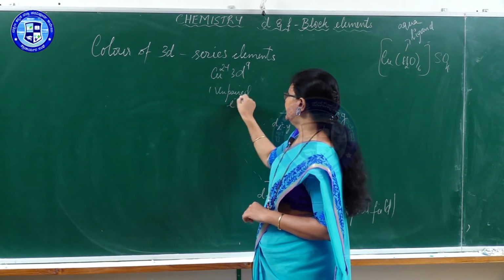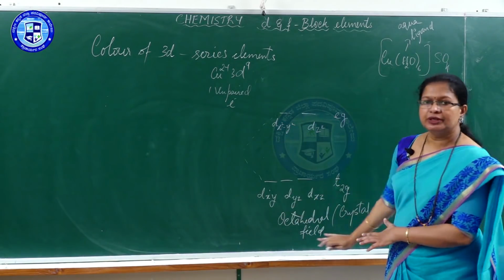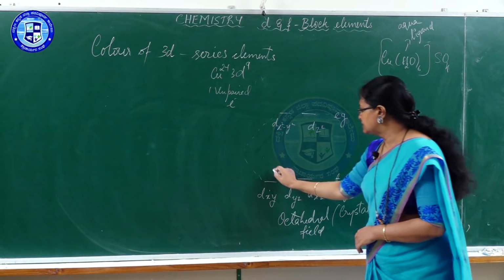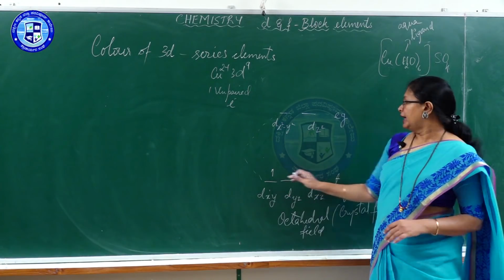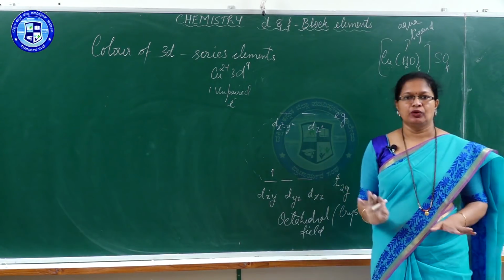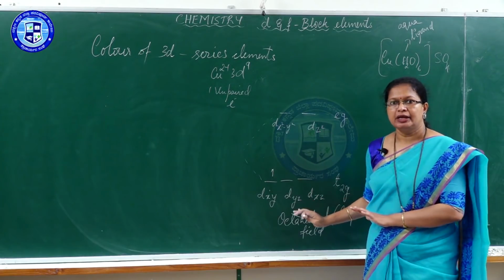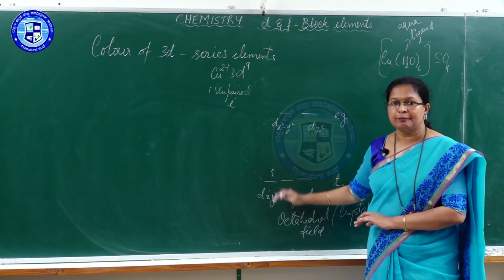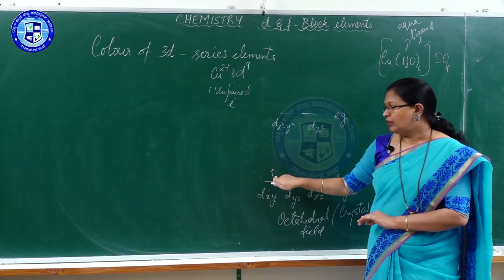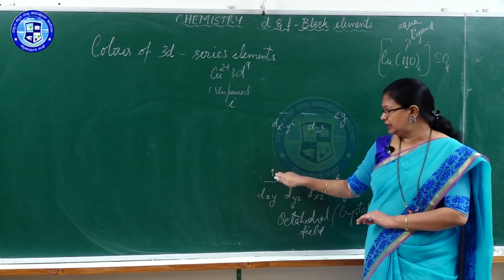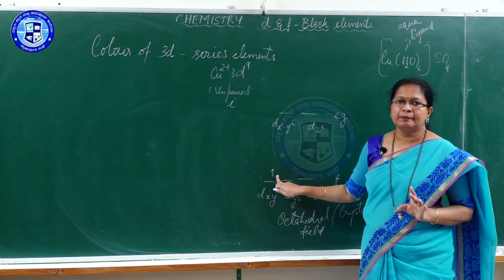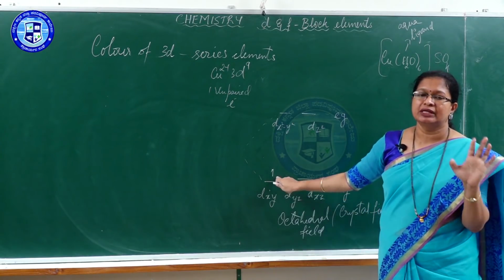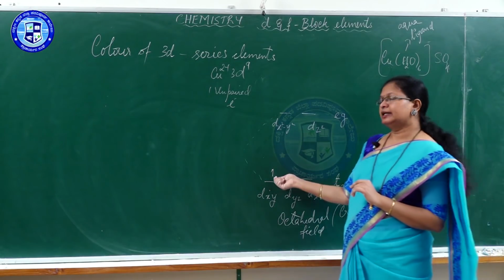One unpaired electron. So this is a state of copper 2+, where it has one unpaired electron, which I have shown here in the ground state. Assume that white light falls on this. This is a solution of copper sulfate in which the d orbitals have this type of configuration. One unpaired electron is present. I am showing only one unpaired electron because paired electrons have nothing to do with the color. We want only the unpaired electron.